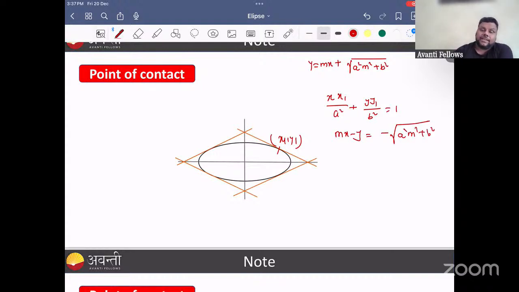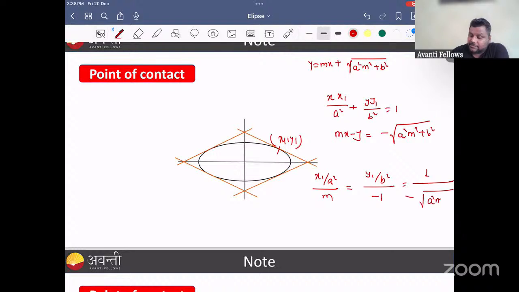Now compare again. If you do the comparison, in the above equation, coefficient of x is x1 by a square. In the lower equation, coefficient of x is m. In the upper equation, coefficient of y is y1 upon b square. In the lower equation, coefficient of y is minus 1. That is also constant: in the upper equation it is 1 and in the lower equation it is a square m square plus b square. So your x1 is minus of a square m upon